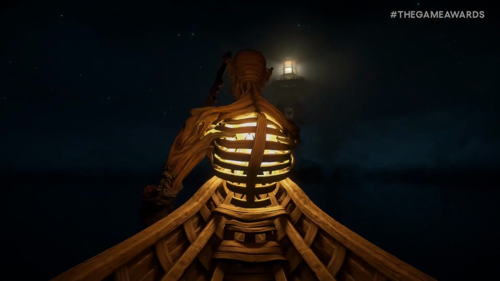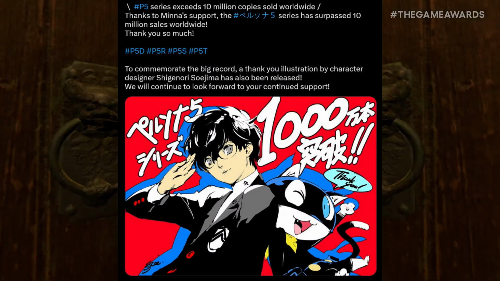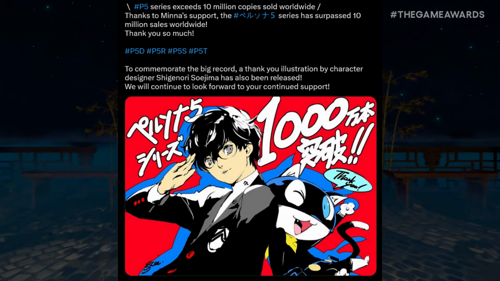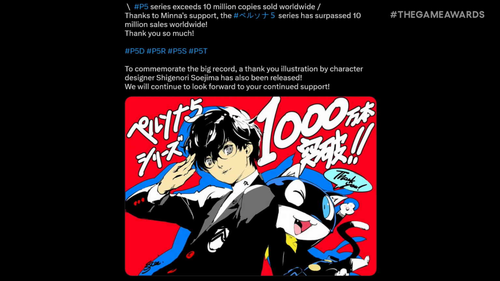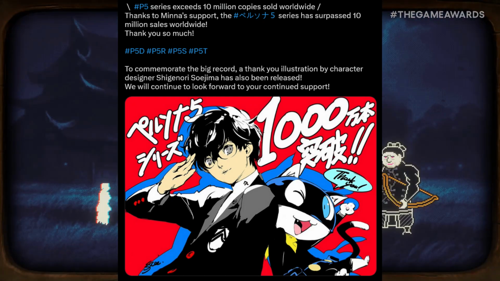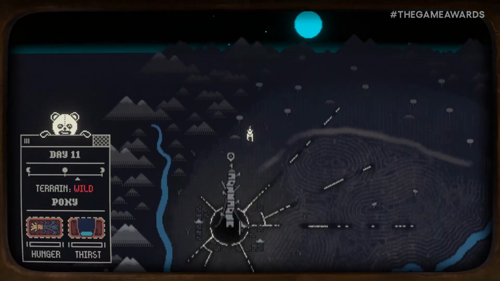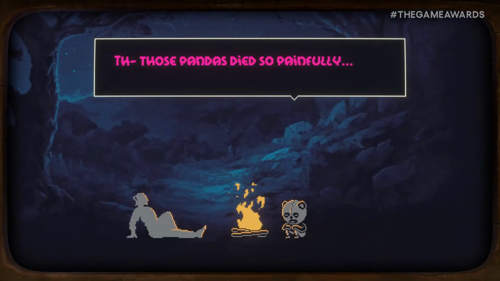With these sales numbers put together, it has crossed a big sales target. A post on Atlus' website and a tweet on the official Persona series Twitter account reveal that the combined sales of the Persona 5 series have seen it cross 10 million copies sold worldwide. Atlus previously revealed the last recorded Persona franchise sales figures, with 7.22 million units of the subseries being sold worldwide by the end of March 2022. That is an increase in sales for the subseries by almost 3 million units between March 2022 and December 2023.